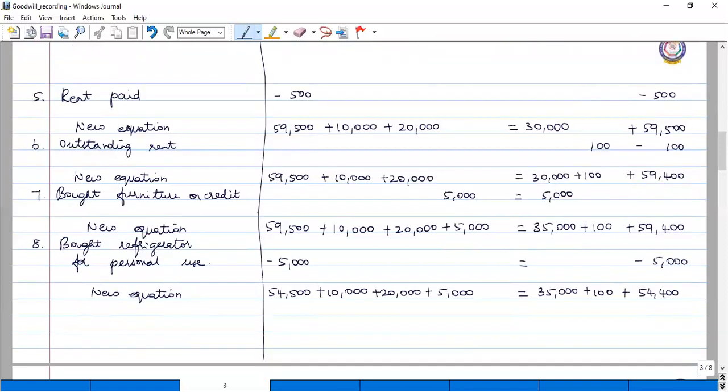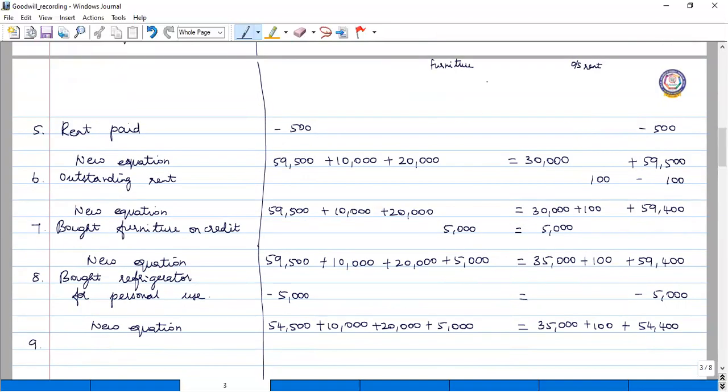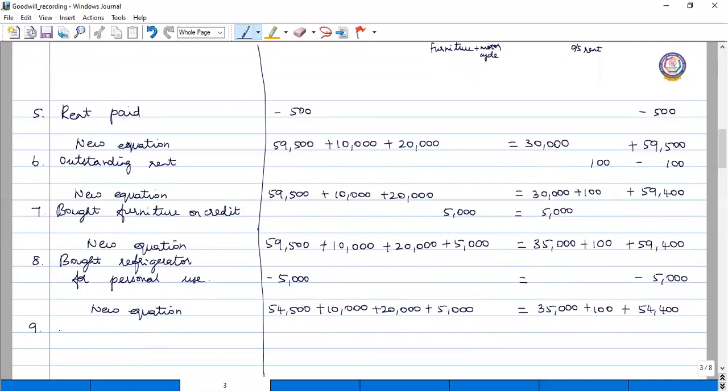Okay. Now ninth transaction, the last one, purchased motorcycle for cash rupees 20,000. So once again an asset is getting added. So motorcycle, so mention it under here the transactions also, purchased motorcycle for cash. Okay. So 20,000 will decrease, and here motorcycle is an asset, so it has to be added under asset. Okay.